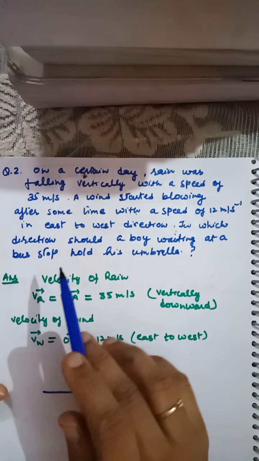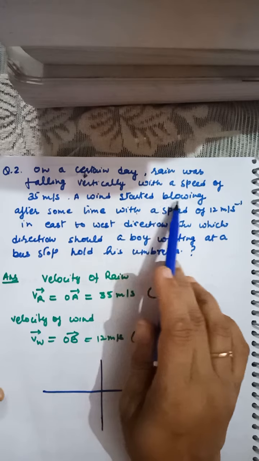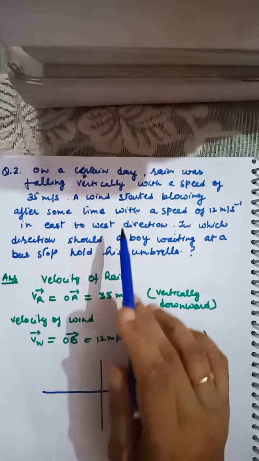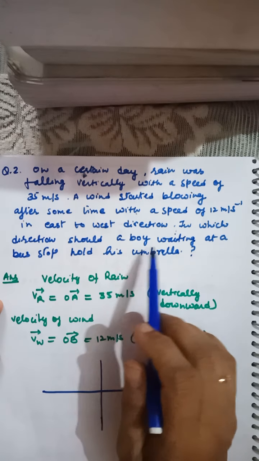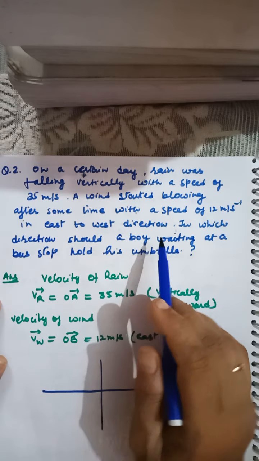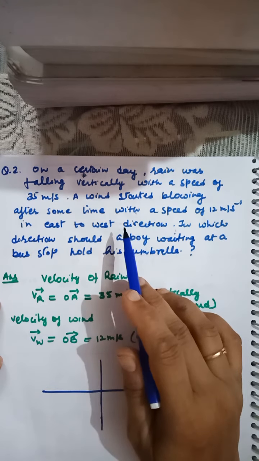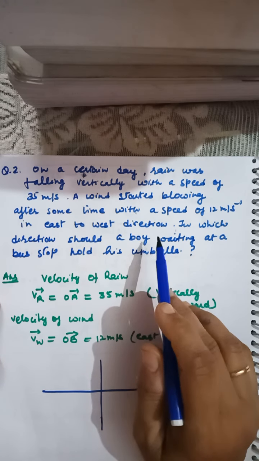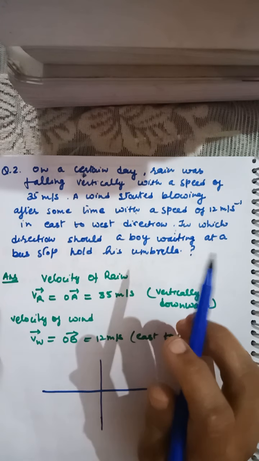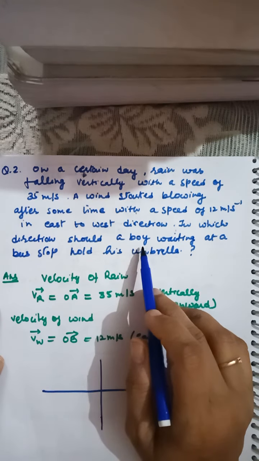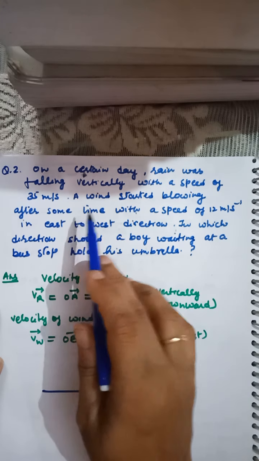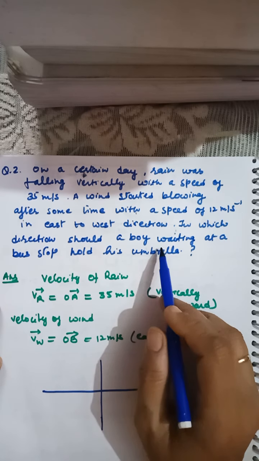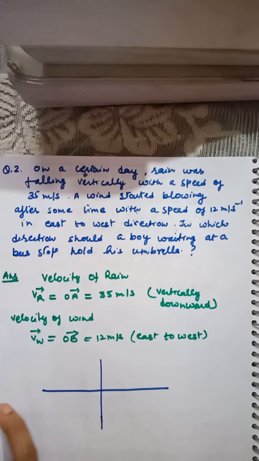So now see, in this case, the rain is falling vertically. Rain is in motion, but the boy waiting at the bus station is not in motion, he is waiting there, but he is holding one umbrella and wind is blowing. So due to the wind blow, there is an effect on the movement of the umbrella when he is holding it at the bus station. So you have to find out, according to the wind direction and according to the rain direction, where should be the direction of the umbrella that he should hold at the bus station.